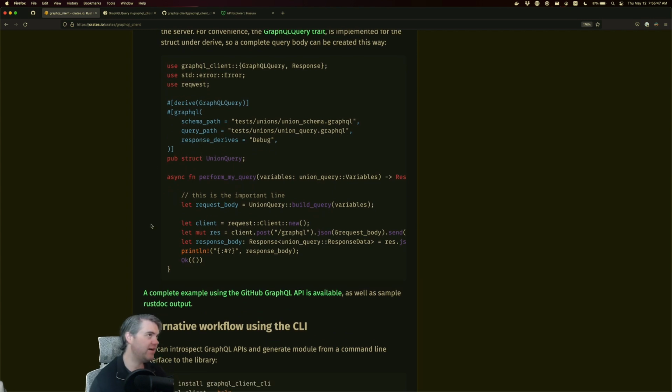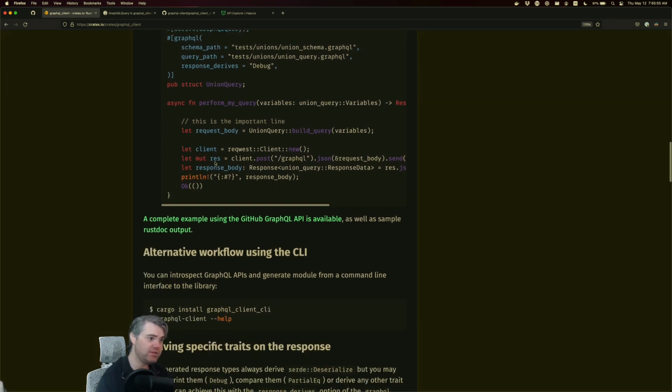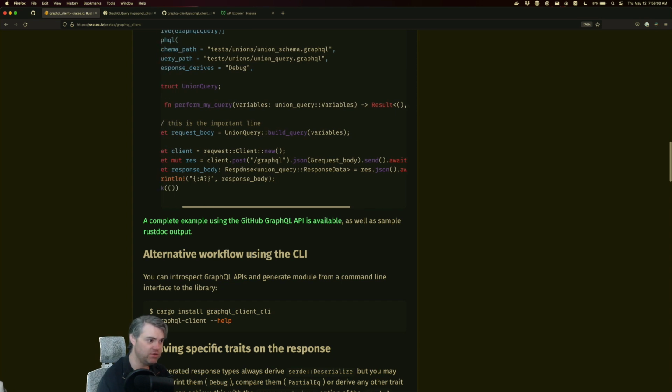Do I need to have something? Oh, supposedly it works just fine with WebAssembly. So we know it's making the request just fine. The problem seems to be here at this res.json to turn it into